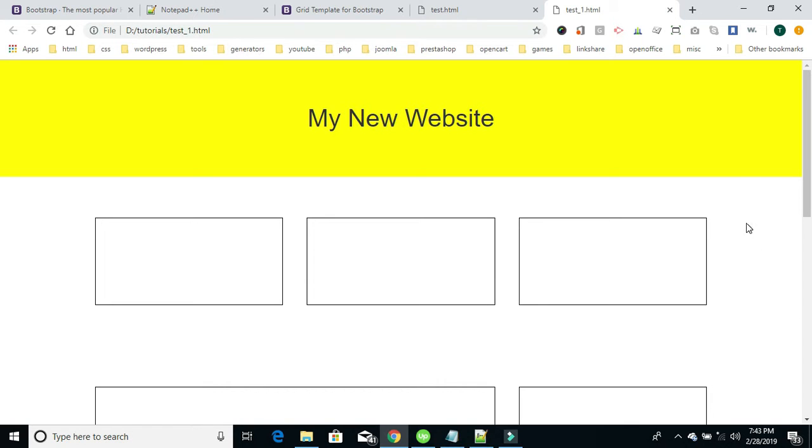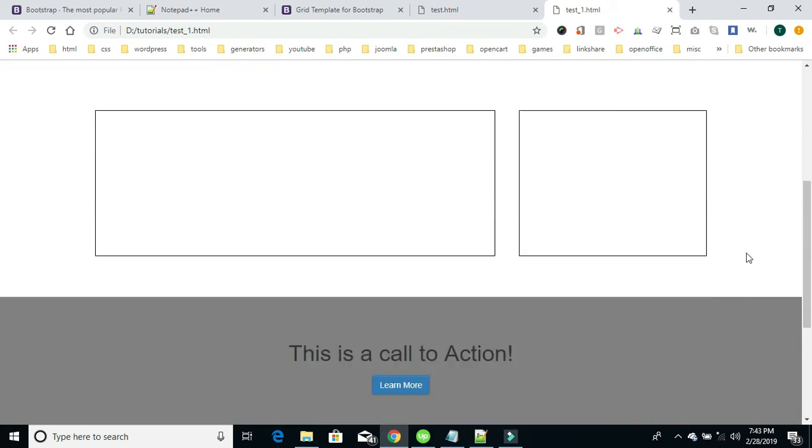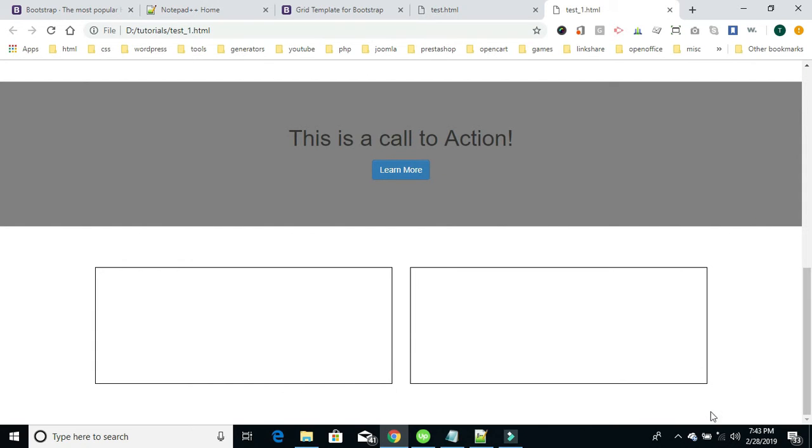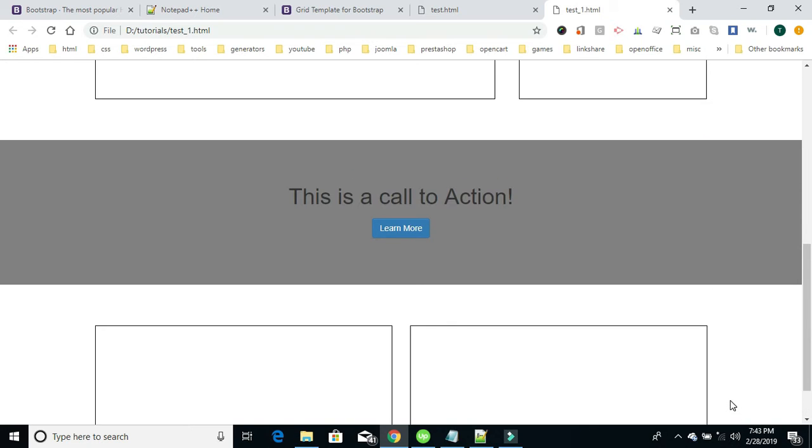So in an upcoming lesson, in lesson number 7, we'll be taking it a little bit further. We'll be adding a footer section just below our columns here, the last column we just created. We'll add our footer section with some content, and we'll be dividing that footer section up into additional columns and adding